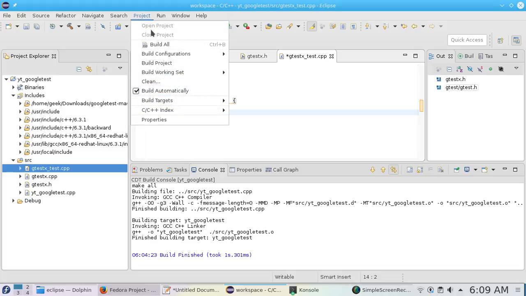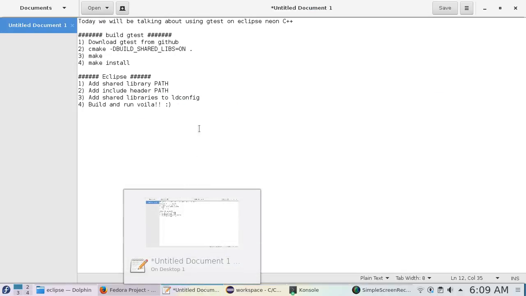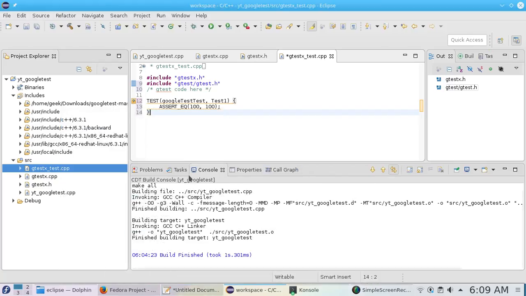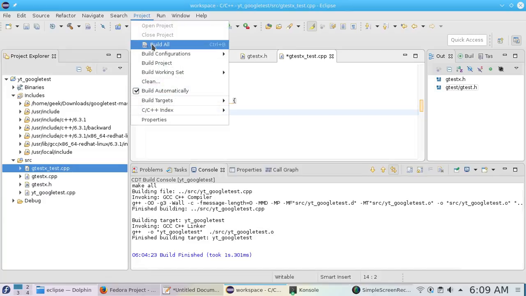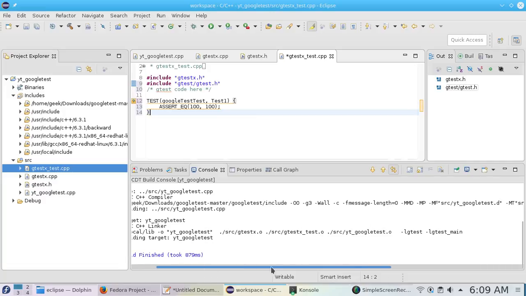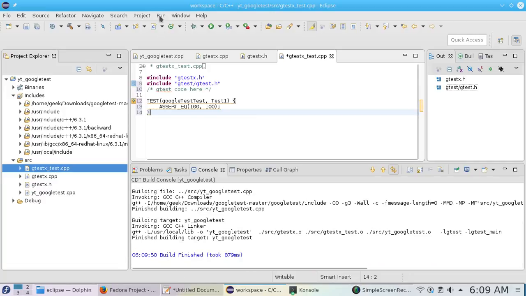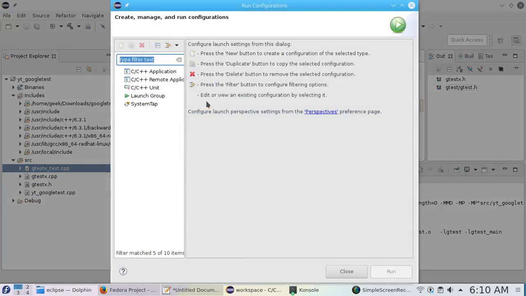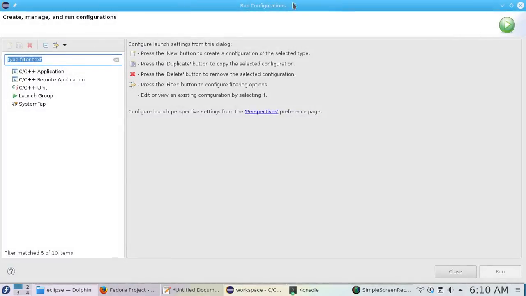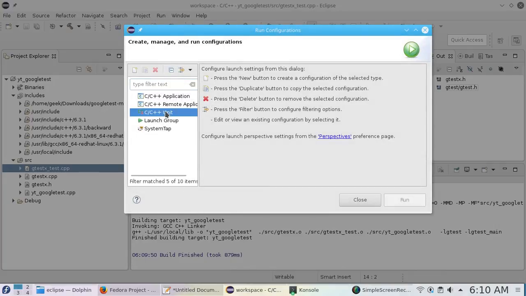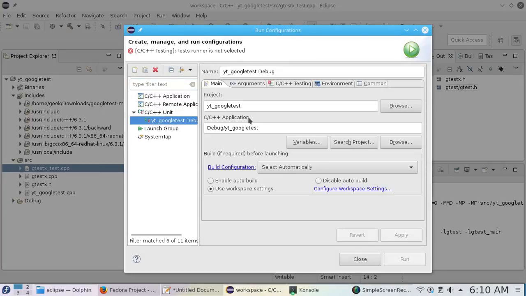Now, we have completed these two steps. So now let us see if we can build this thing. And this is built. Build is successful. Now we need to add run configuration. As this is a unit test application, we need to create the run configuration as C++ unit test,